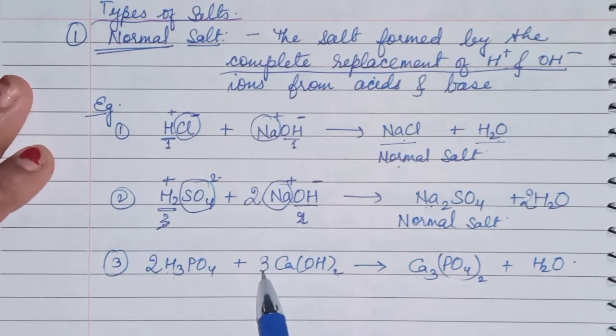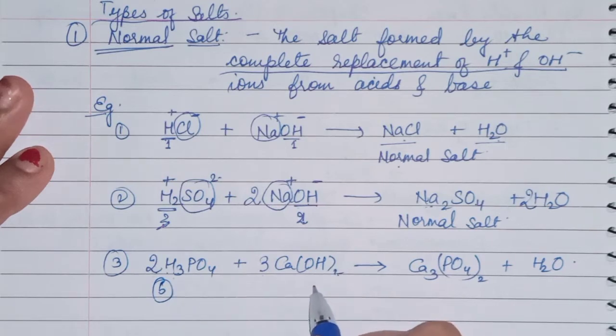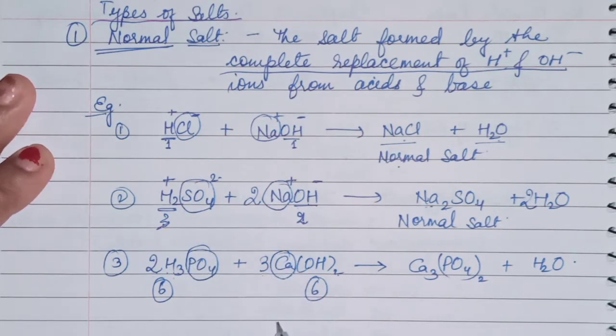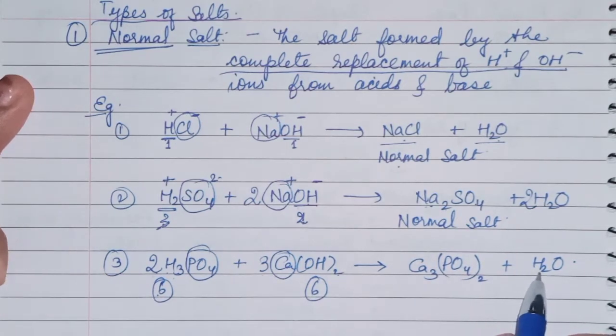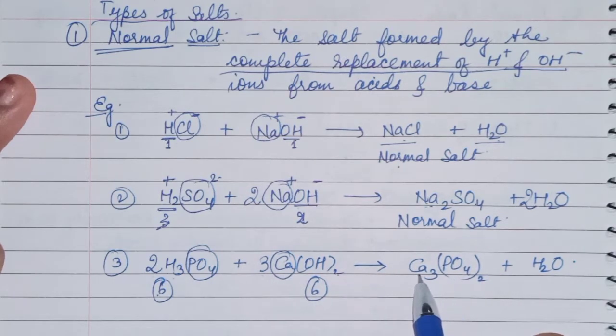Now 3 into 2 is 6 and 3 into 2 is 6. So we are getting 6 H plus ions and 6 OH minus ions. And whatever is left, that will form a salt. So 6 OH minus and 6 H plus ions will give water, and whatever is left is giving the salt. That is calcium phosphate. So here the salt